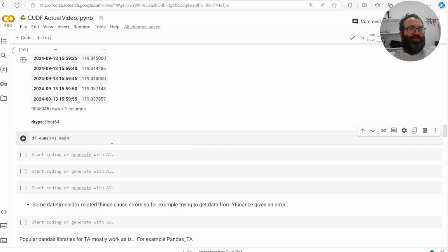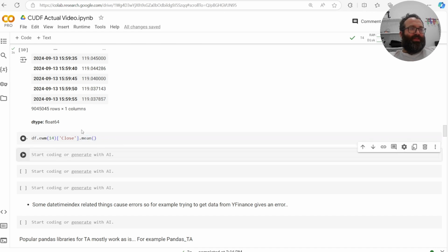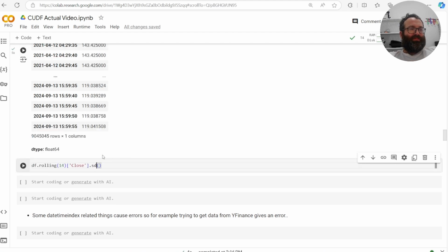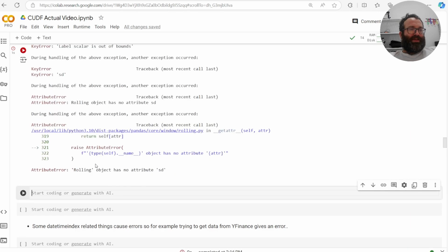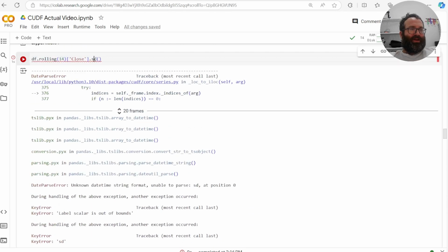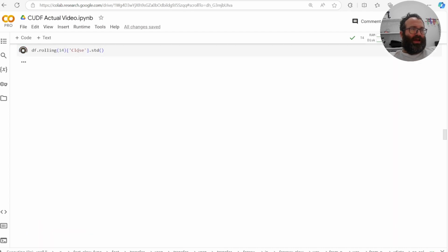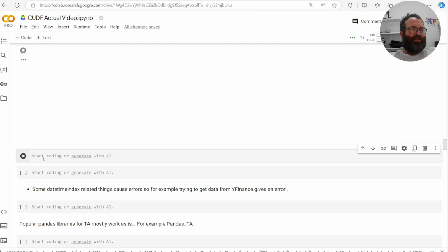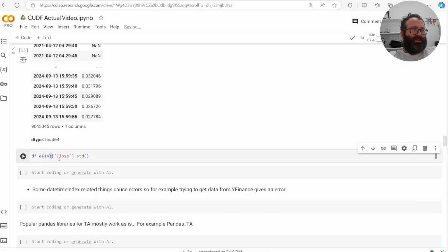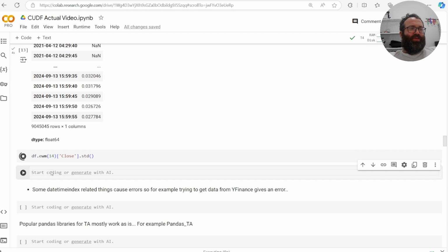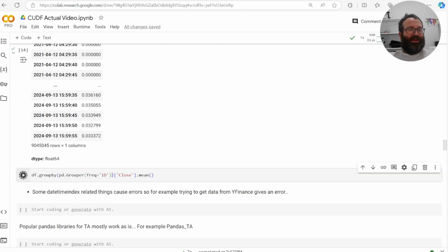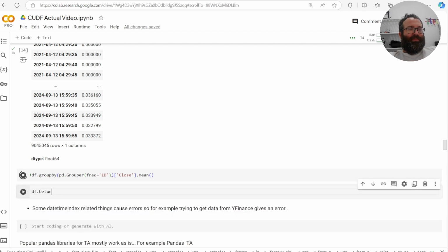But let's say a rolling 14 period mean, exponential weighted moving average, I can do close.mean 14 period. I can also do close dot standard deviation, std, sorry. Oh, sorry, this is rolling std. Okay, whatever, we can run that. But you can also do exponentially weighted moving average std. You can do everything you want. You can do group bys, df.groupby. Let's see, pd.Grouper, 1 day, mean. Anything you want, you can pretty much do. df.between_time,